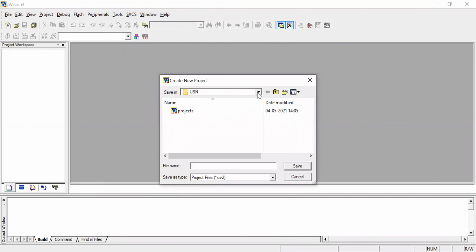Here you can create a new folder with your serial number, like 19EE and so on. So you have created a folder. Inside that folder, you are going to create projects in a common name. So I'm going to create some project. This is your target file, that is the main file.